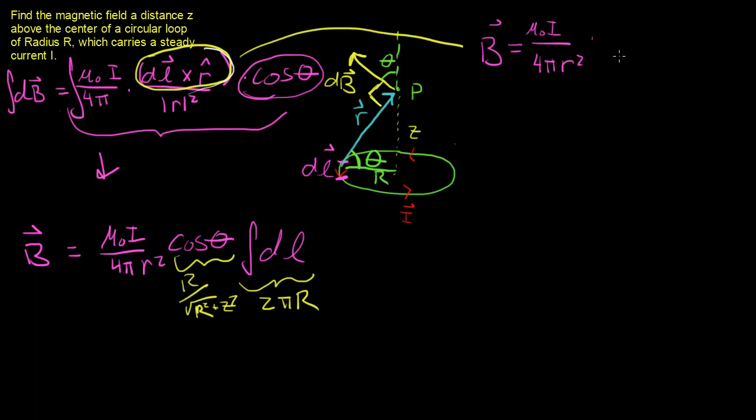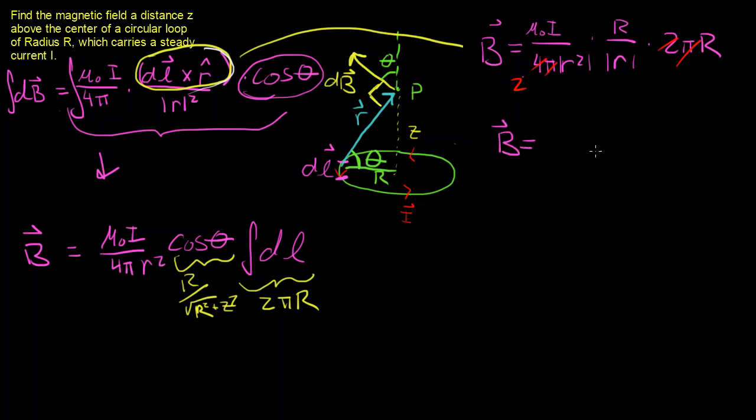r squared times big R over little r. These are all the magnitudes, just as a reminder. Times 2 pi big R. Well, we can just cancel some things out here. Cancel out pi and pi, change that 4 into a 2, combine these R's, combine these little r's, and we are left with